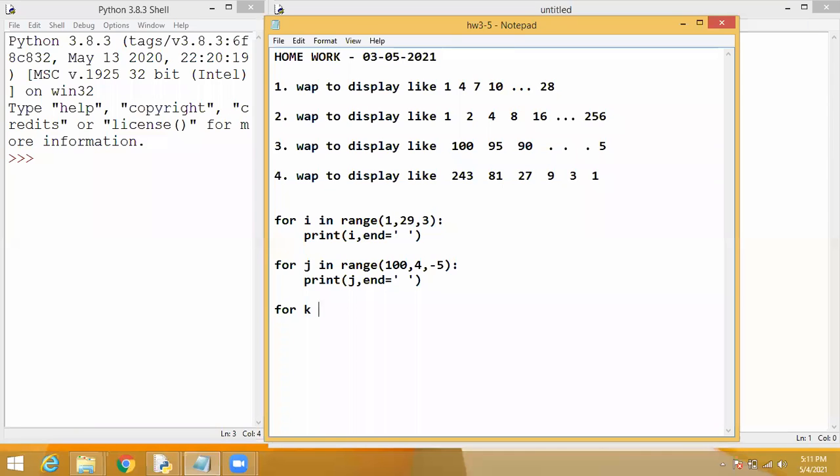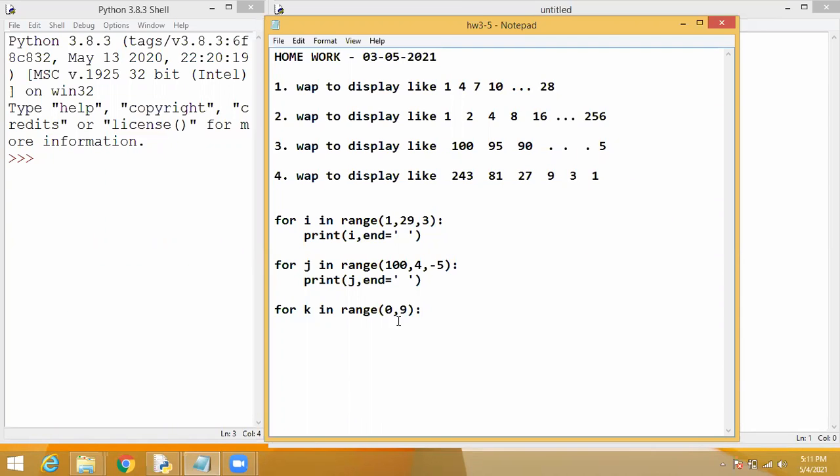So for k in range, the starting value will be 0. That is the power value we are changing. Power value is only incrementing 1 by 1. What is the end value? 2 power 8 we need, so we have to give 9. The increment is only 1, so no need to give it, because the default increment is 1.